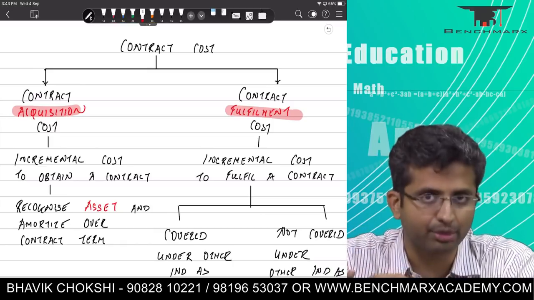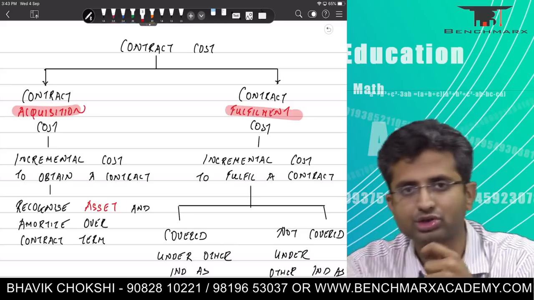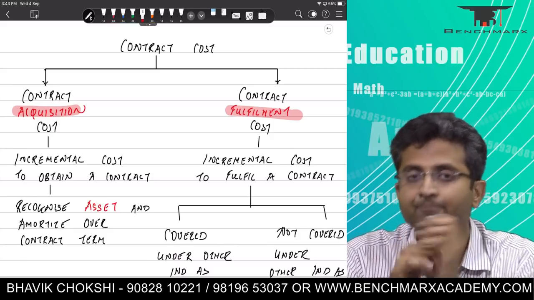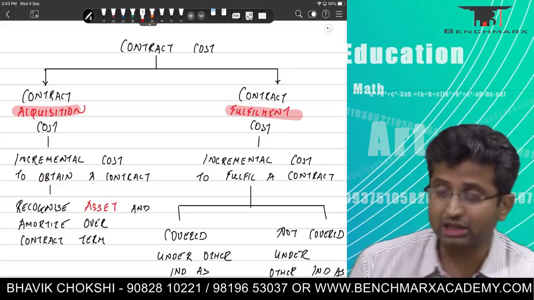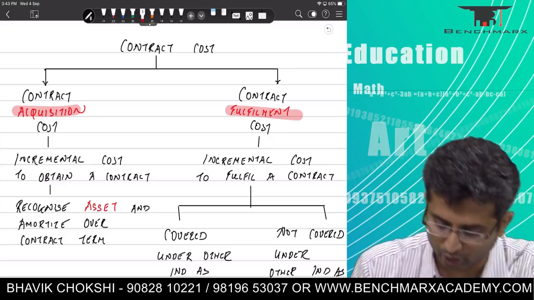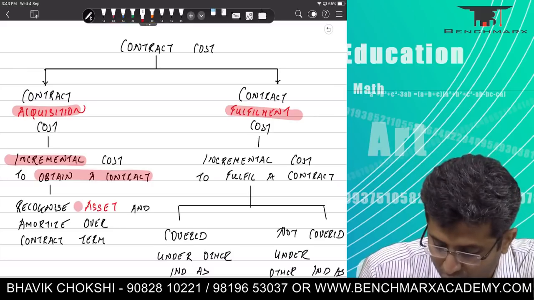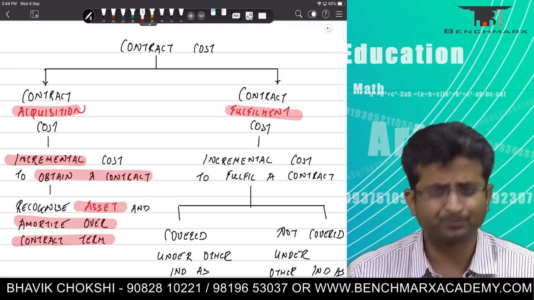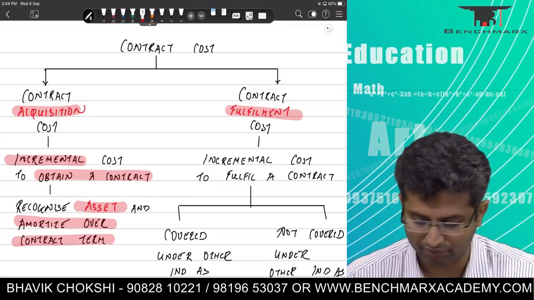However, if it's sales commission, if it's broker's commission, brokerage, if the contract is not agreed, will you still pay brokerage? The answer is no. In which case, it is contract acquisition cost. If it's a cost which you save if the contract is not signed, and incur if the contract is signed, it is a contract acquisition cost, an incremental cost to obtain a contract. What do you do with that? You recognize an asset and amortize it over the lease term or over the contract term. This is what you mean by